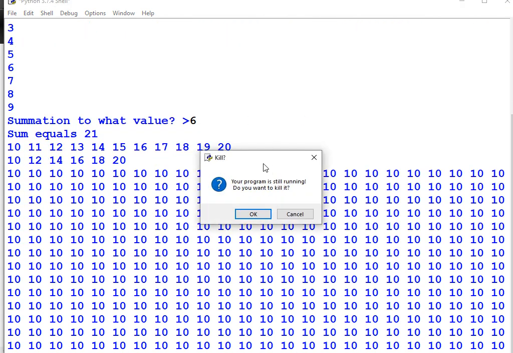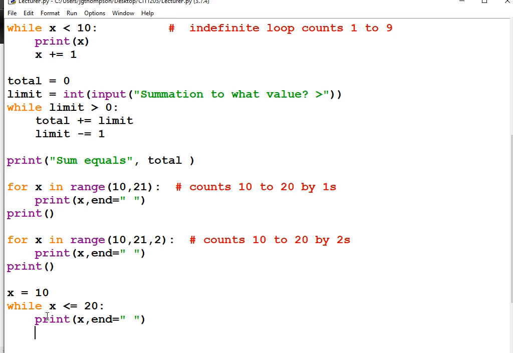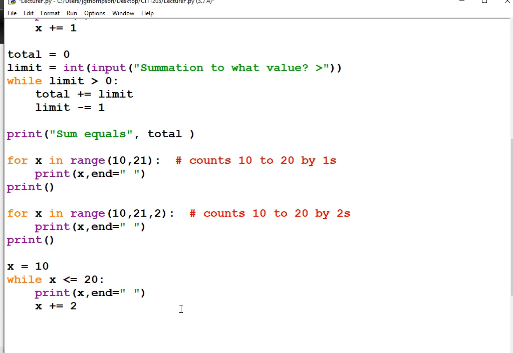Bad news, because I did not update the loop control variable, so this expression here never became false. So x plus equals 2. I'm counting by 2's. If I wanted to count by 1's, I would make that x plus equals 1. And then unindented, all the way back against the edge of the margin, I'm going to print